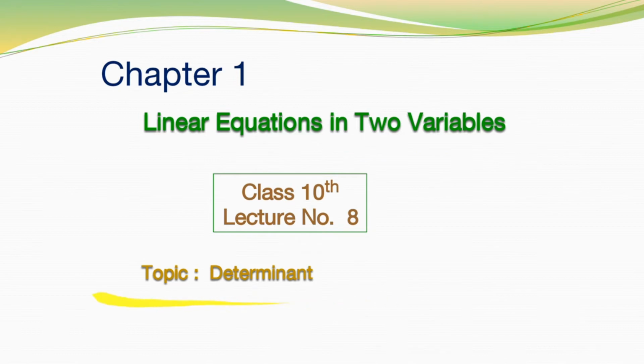In today's lecture, we are going to discuss how to find the value of determinant. Actually, in the next lecture, we have given two equations. Then we know there are different methods to solve simultaneous equation, and one of the methods is with the help of Cramer's rule. In Cramer's rule we use the concept of determinant. For that we have to understand what is determinant. So let's start with the determinant.